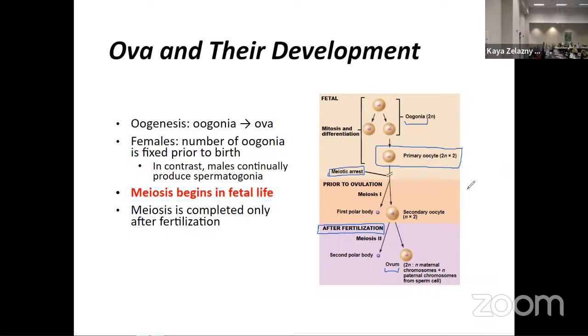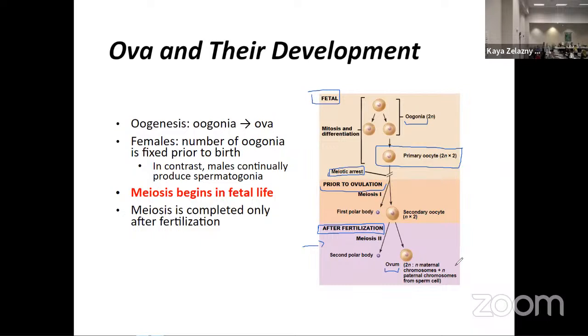Spanning many, many years, decades potentially, right? Hopefully decades, actually. So we're starting in fetal life. Meiosis 1 only completes just prior to ovulation, so it's going to happen on essentially a single or a couple of developing ova at any one time. It's not going to happen to all of them at once. And then we don't undergo meiosis 2